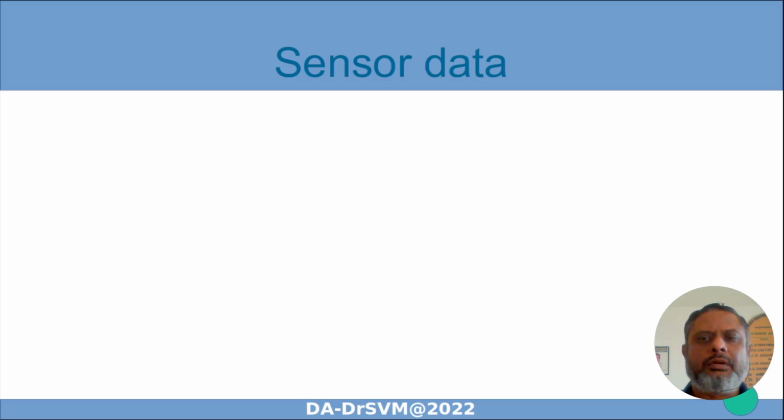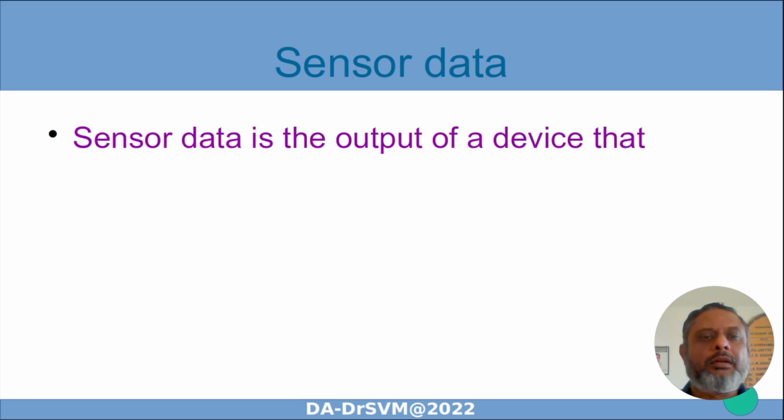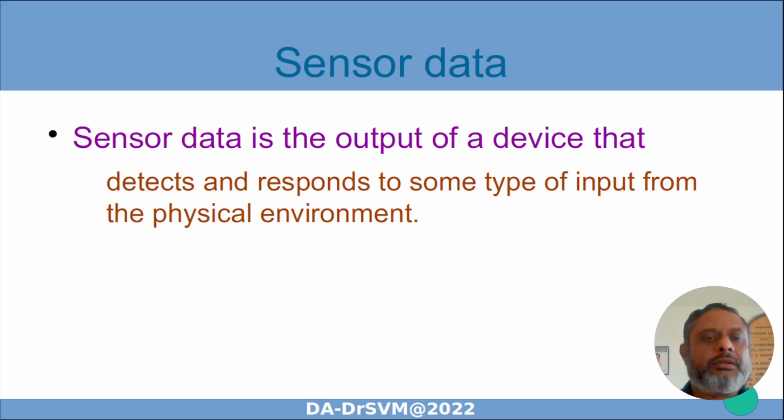Hi friends, now the next topic is to look at the data which we are getting through the sensors. That's sensor data. Sensor data is the output of a device that detects and responds to some type of input from the physical